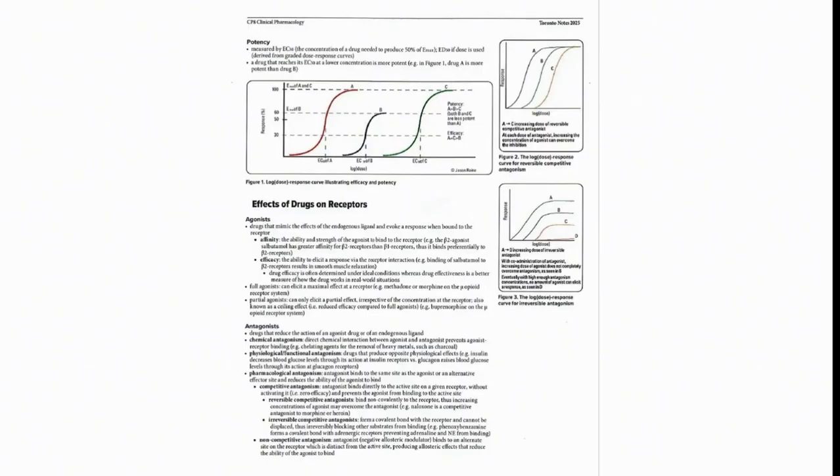In figure 2, notice that increasing the antagonist's concentration shifts the dose response curve to the right. The agonist requires a higher dose to produce the same effect. However, Emax remains unchanged and only potency decreases. This rightward shift is characteristic of reversible competitive antagonists. Irreversible competitive antagonists form